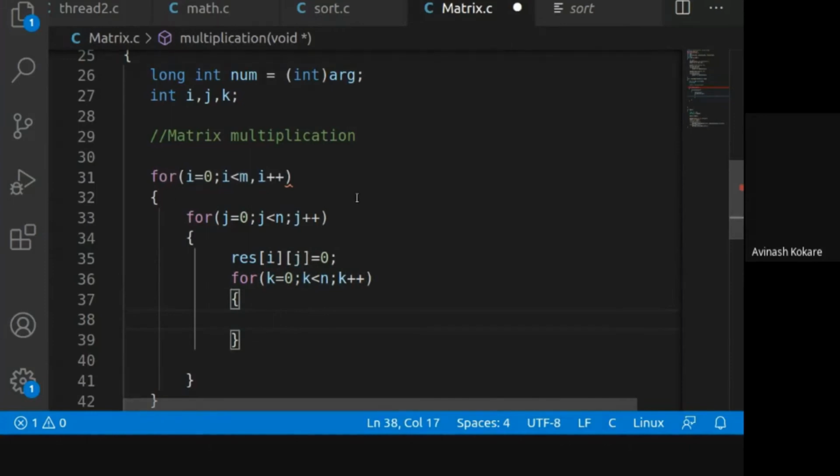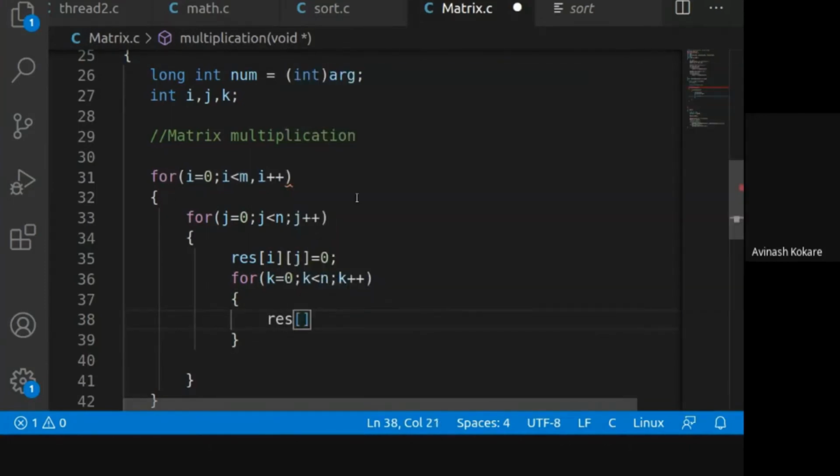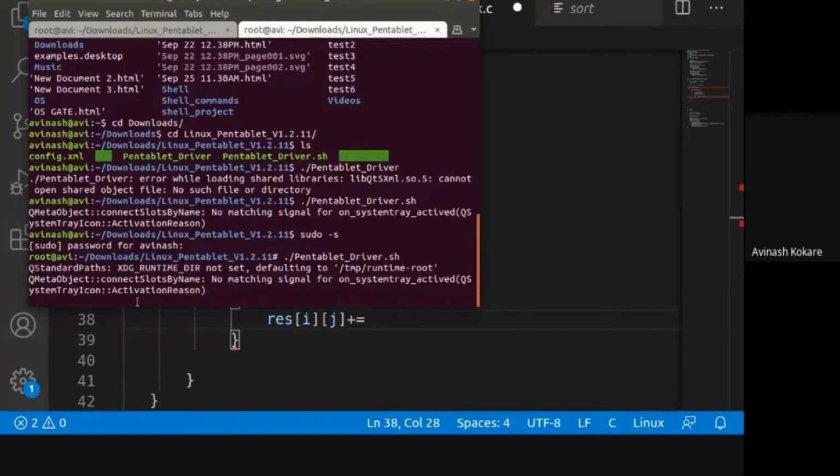And here we will write result of i j plus equals. Okay, so this value we update every time. You might be knowing the logic, or let me tell you the logic of this thread.